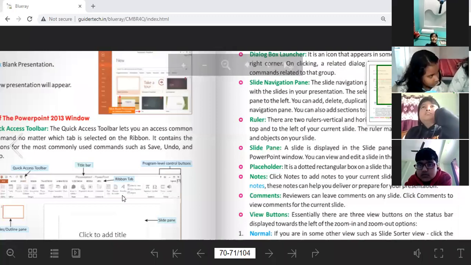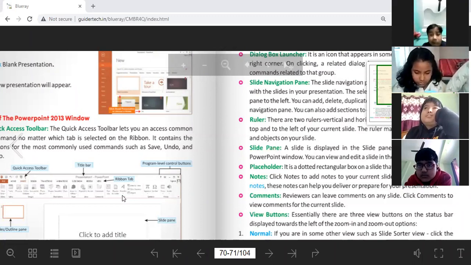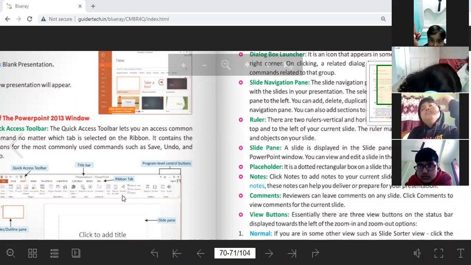What is slide navigation pane and what can we do in it? We can view, we can see our slides, how we have made our slide, how it is looking, how the whole presentation is looking.